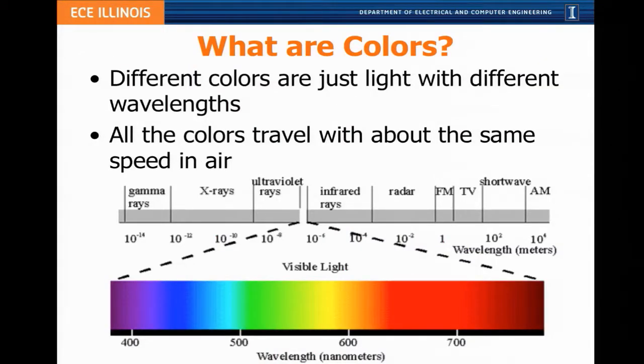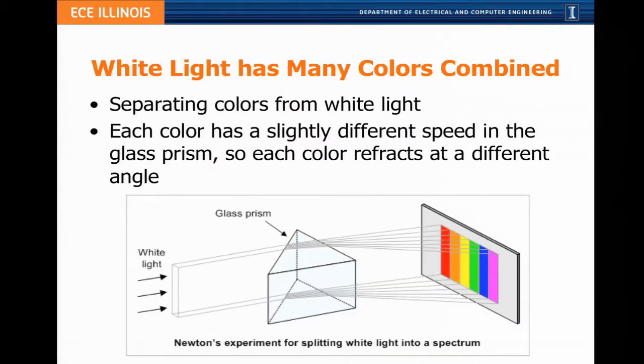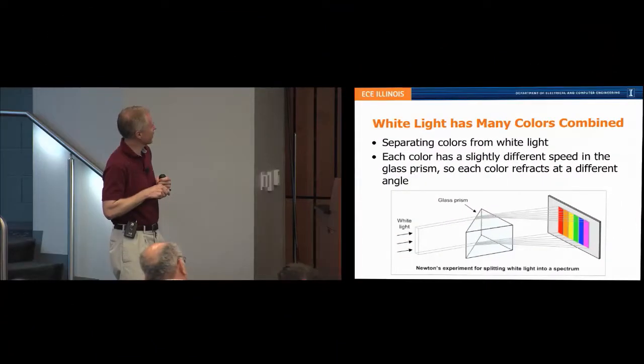Okay, so now let's think about what colors are. Again, colors represent the visible wavelengths of light going from 400 nanometers to 750 nanometers. They travel at approximately the same speed in air, but they travel at different speeds going through some material like glass. Like I mentioned, if we take a glass prism and shine white light at it, the light will get dispersed into all its components, and you'll be able to see the rainbow